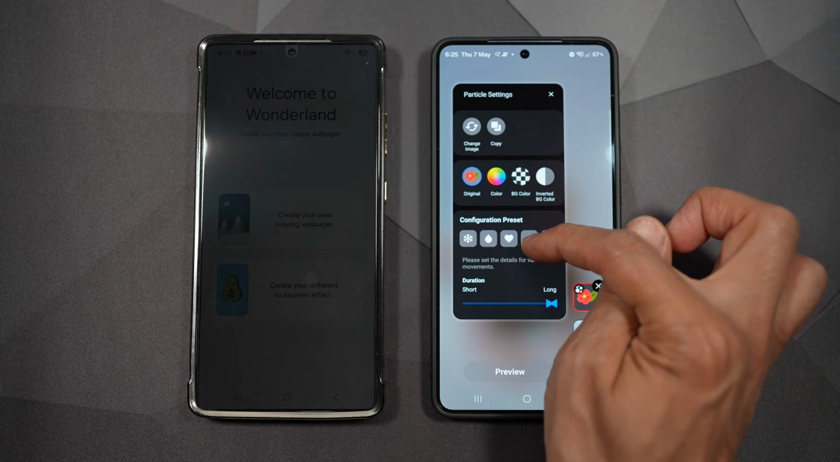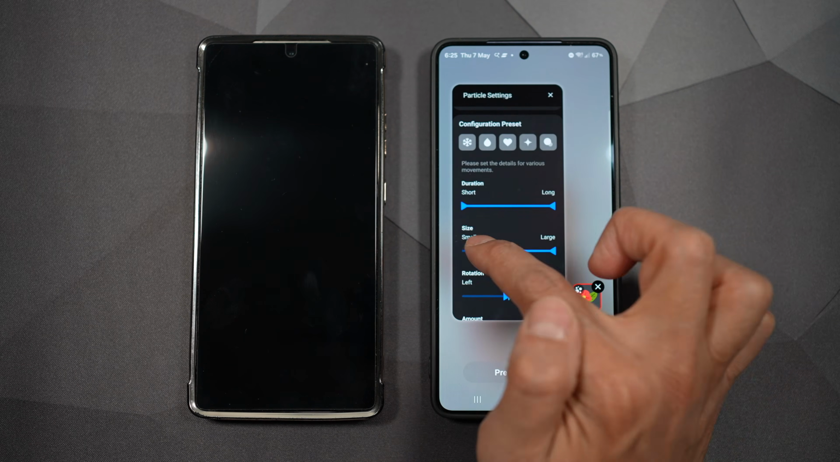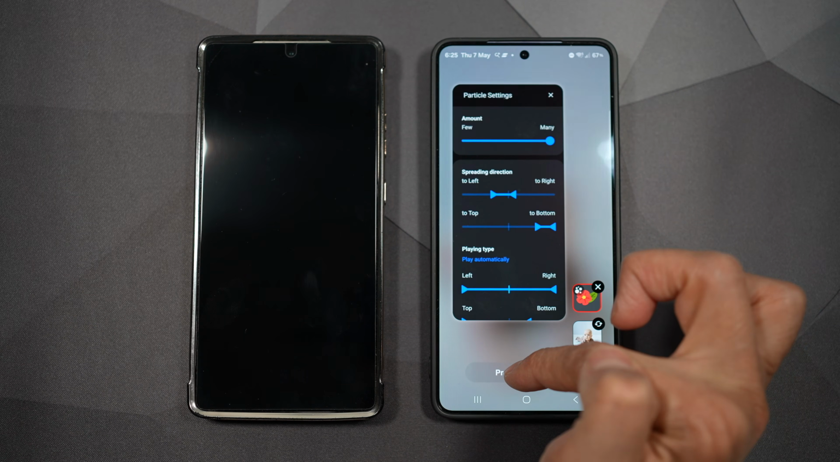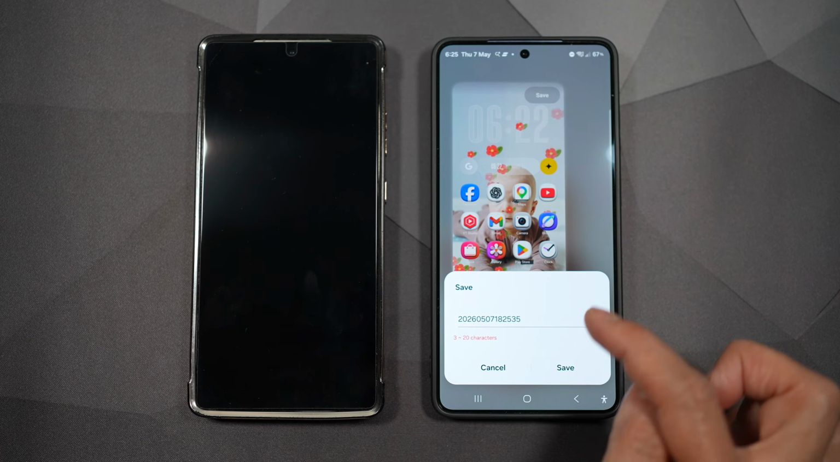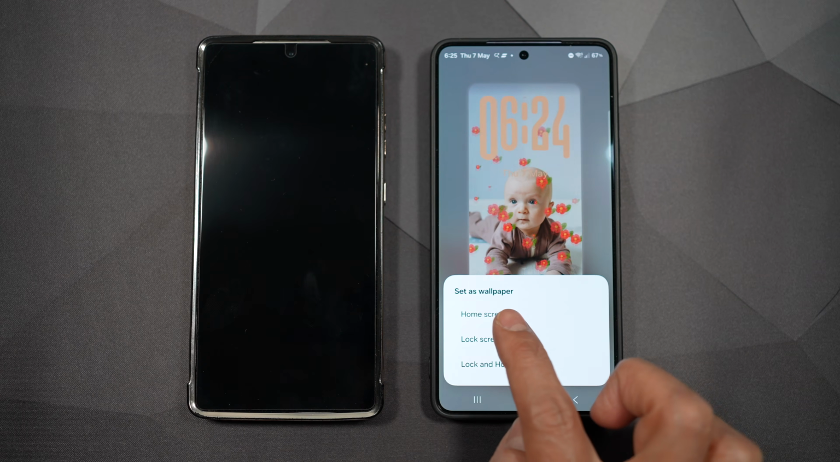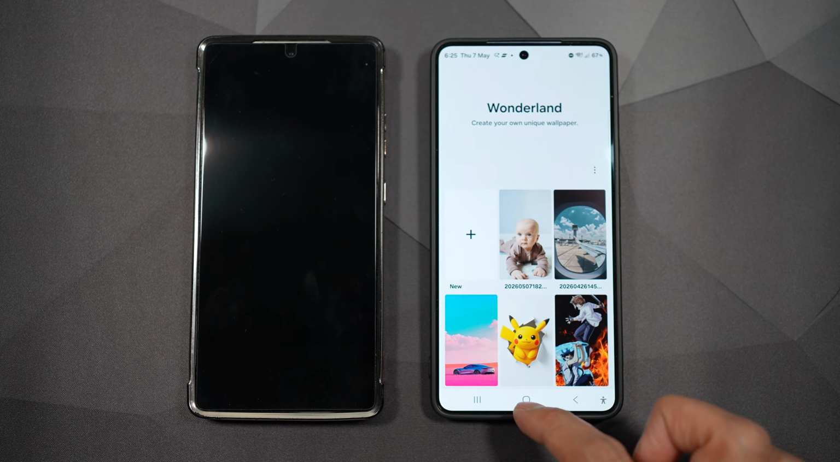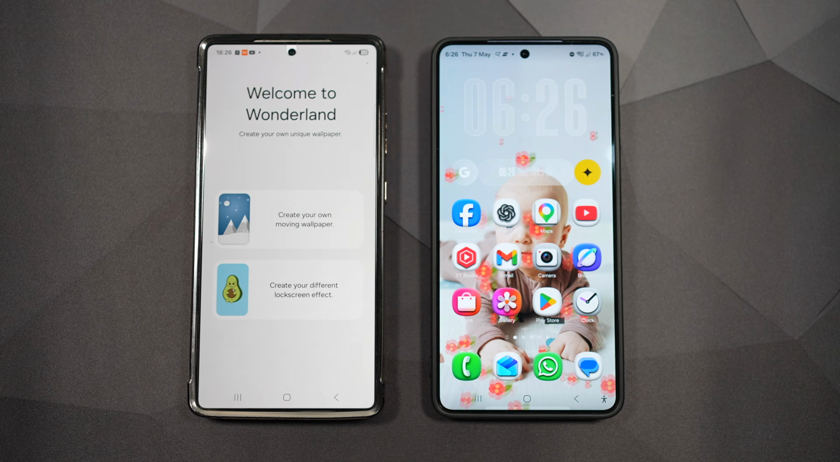We can go ahead and configure this. So this is how it's going to look. Go ahead and configure all this and then preview it. So this is how it looks like. So now once you're happy, you can press save and then save again. And then you can go ahead and set this as your wallpaper. Look at this. So it's not something super necessary, but it definitely makes your phone feel more alive and fun